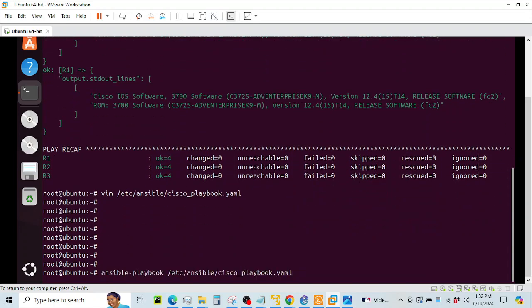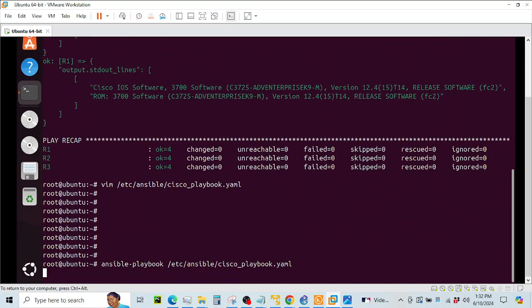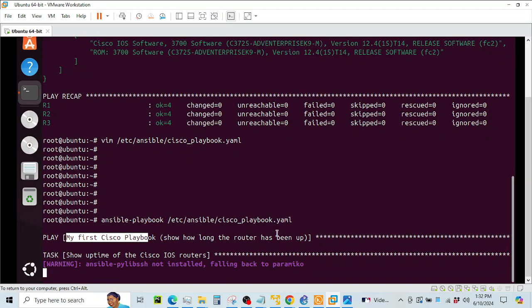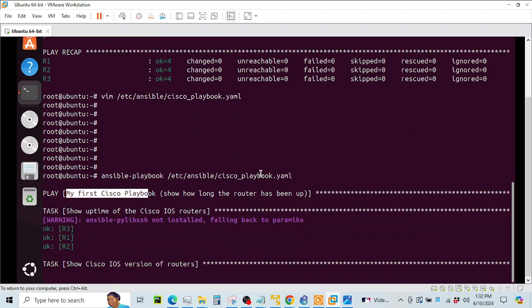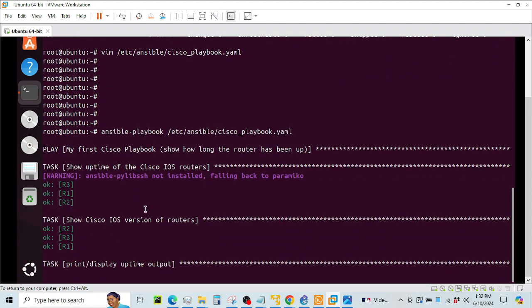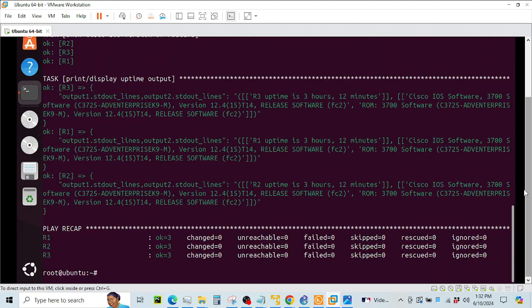And let's go ahead and run the playbook again. So you can see the play is going to be my first Cisco playbook, show how long the router's been up, but we're also going to show you what version each router is. So you can see the tasks that are running, show Cisco iOS version of routers, everything is okay,